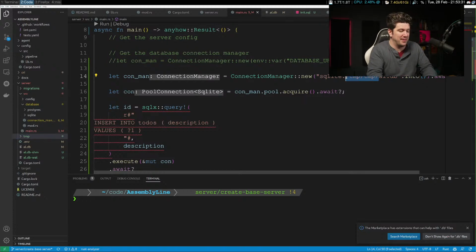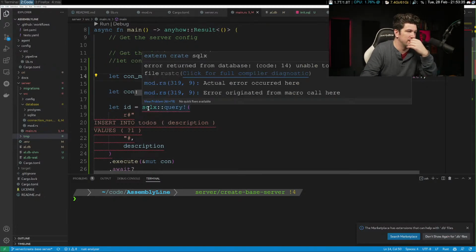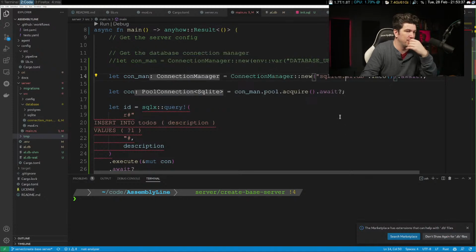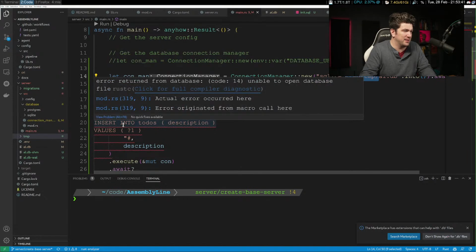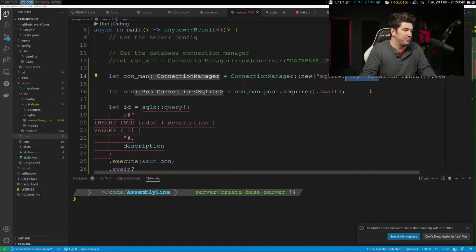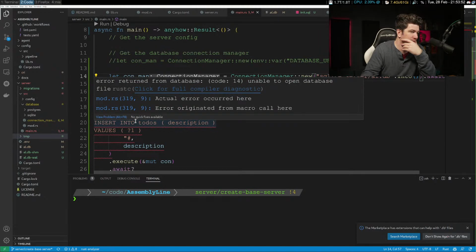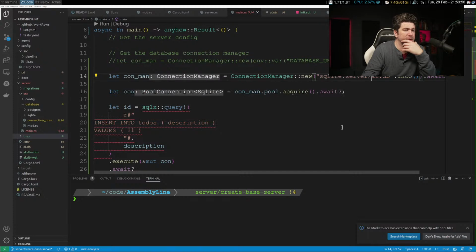I kind of just want to try this again. Unable to open up database file. This is unable to open up database file. Server. Unable to open up database file.